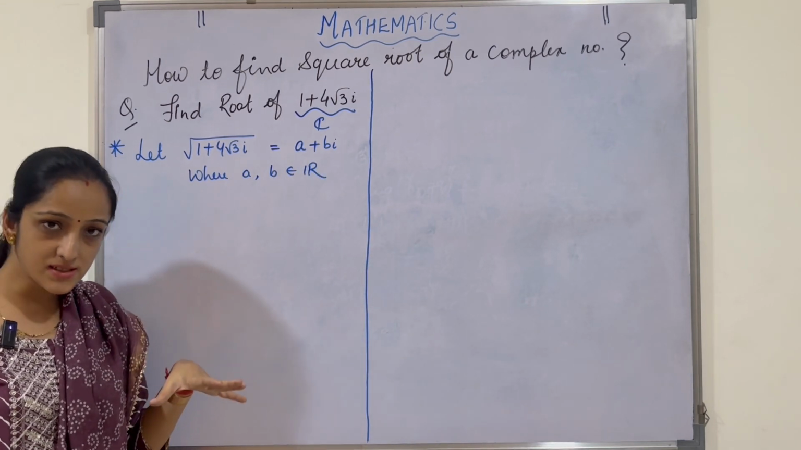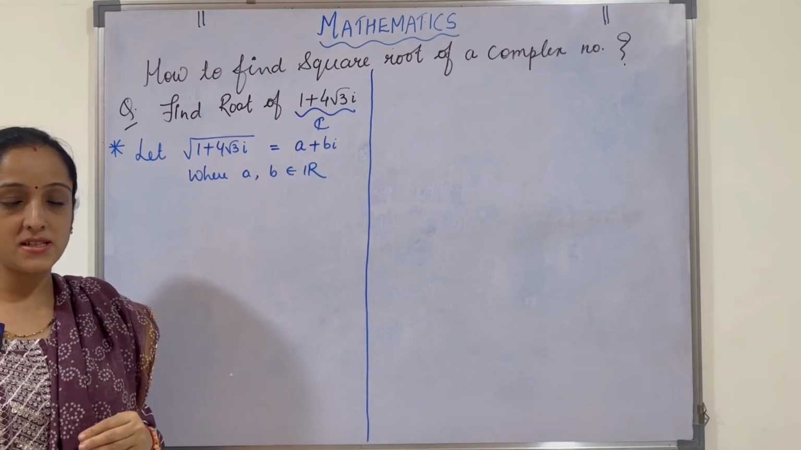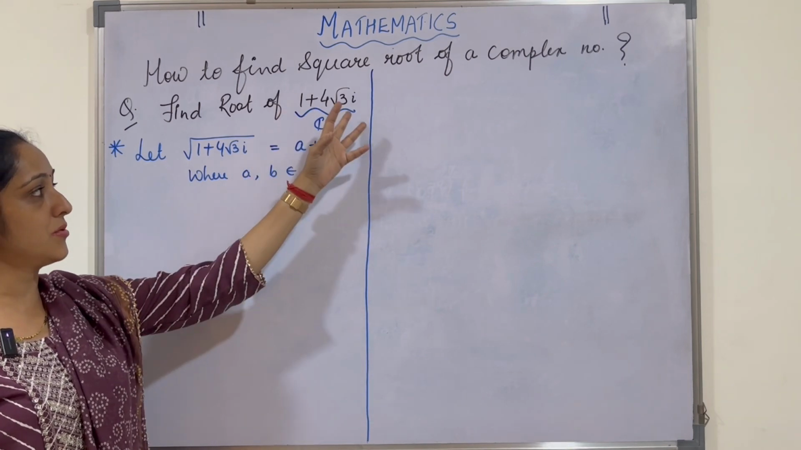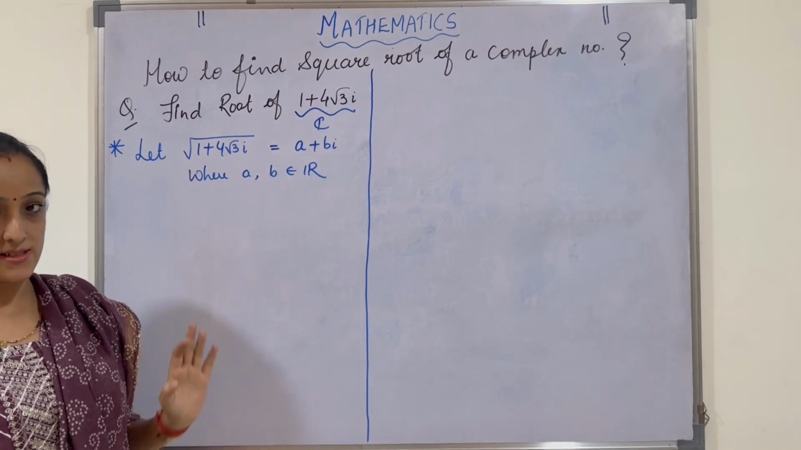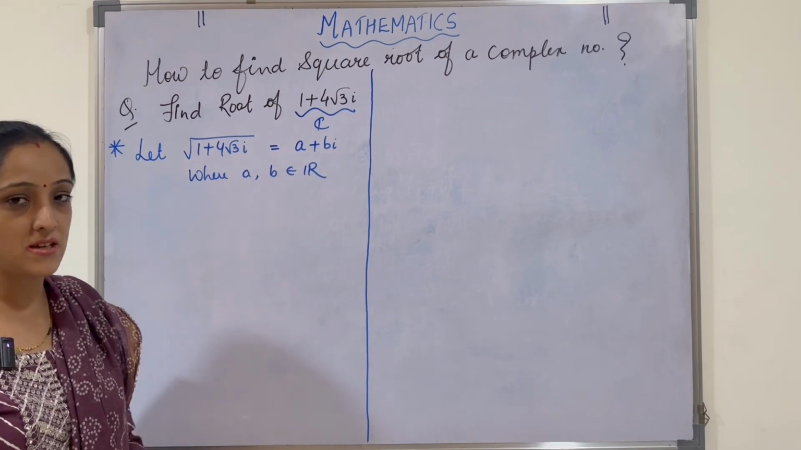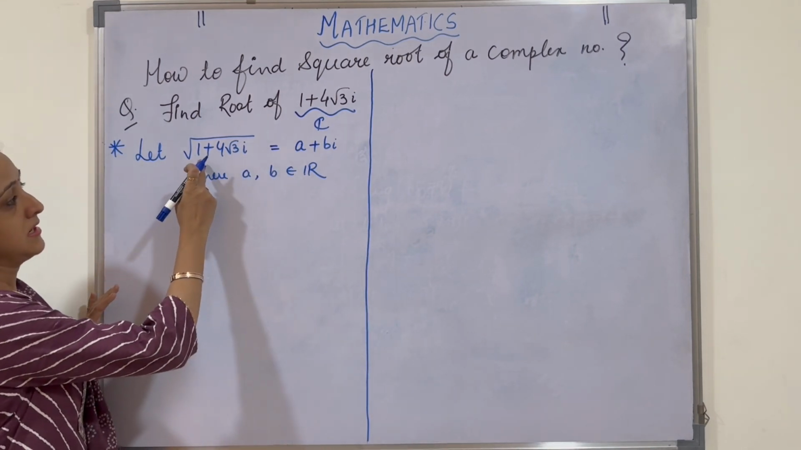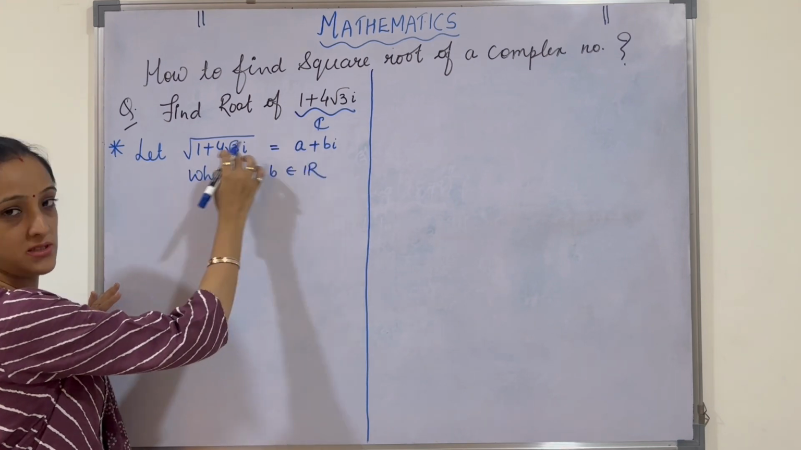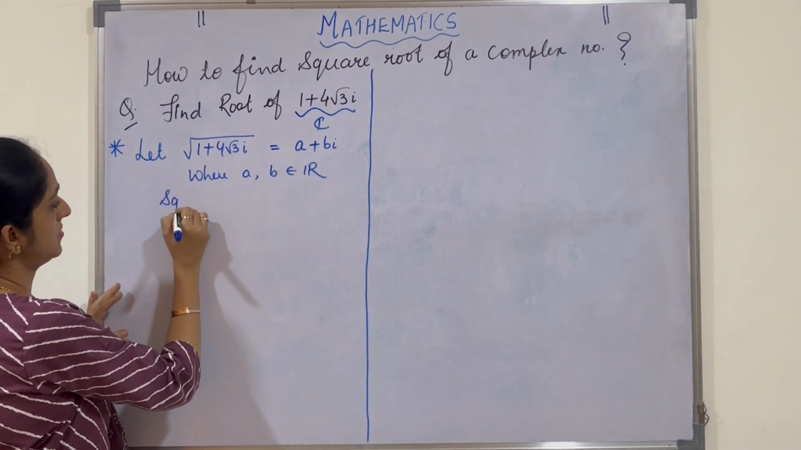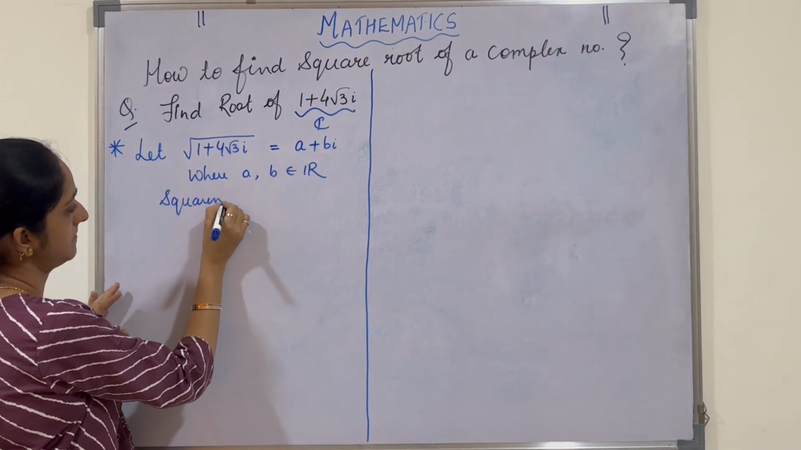So this is the first step. Whichever complex number is given and question is find root of that complex number, this will be the first step. That root of that number will be considered as a plus bi form. Now after this, we will square on both the sides. So squaring on both sides,